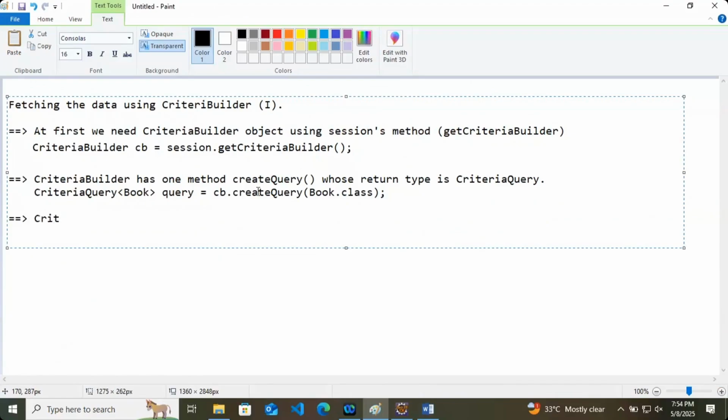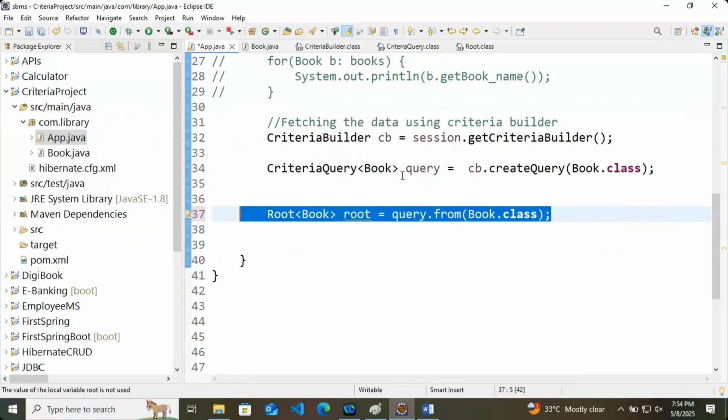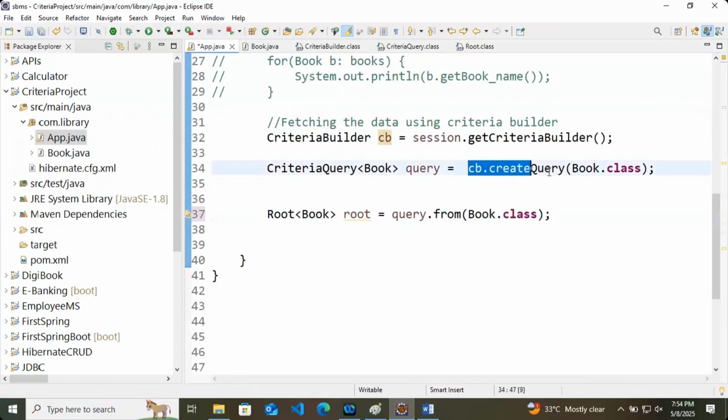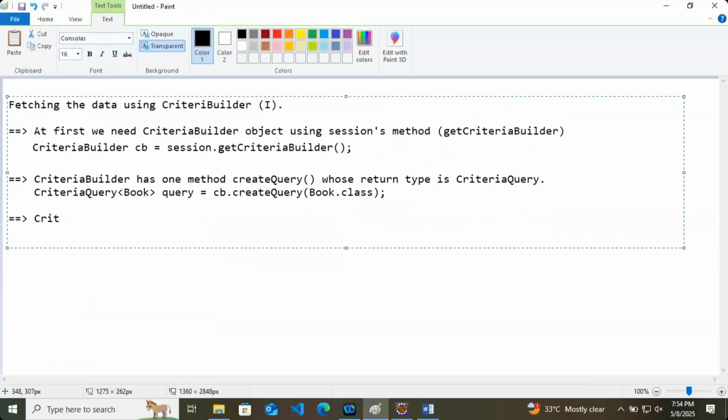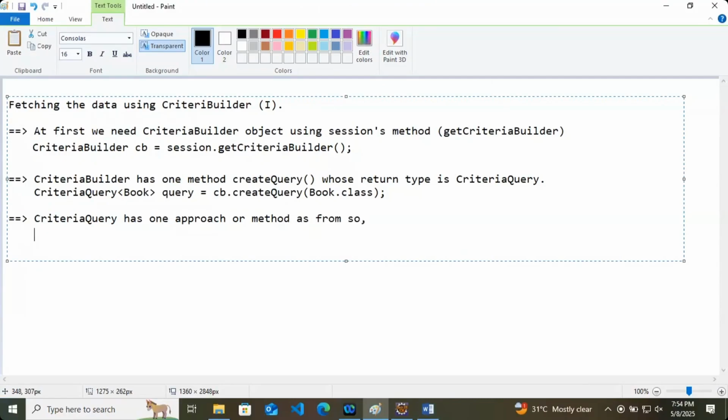Criteria query is having this create query, and whenever this create query method is executed, then criteria query is having one from approach. So here we'll say criteria query has one method called from. So we will write the same thing.